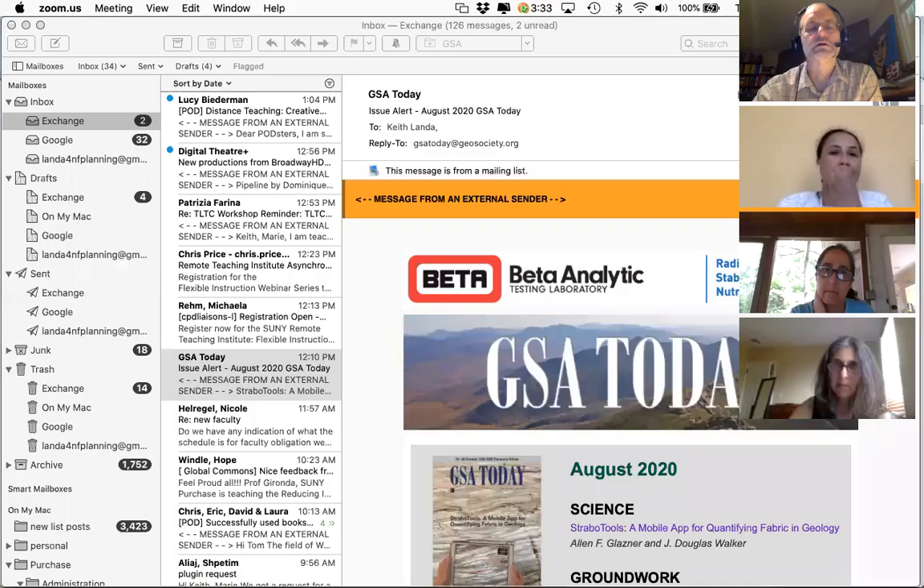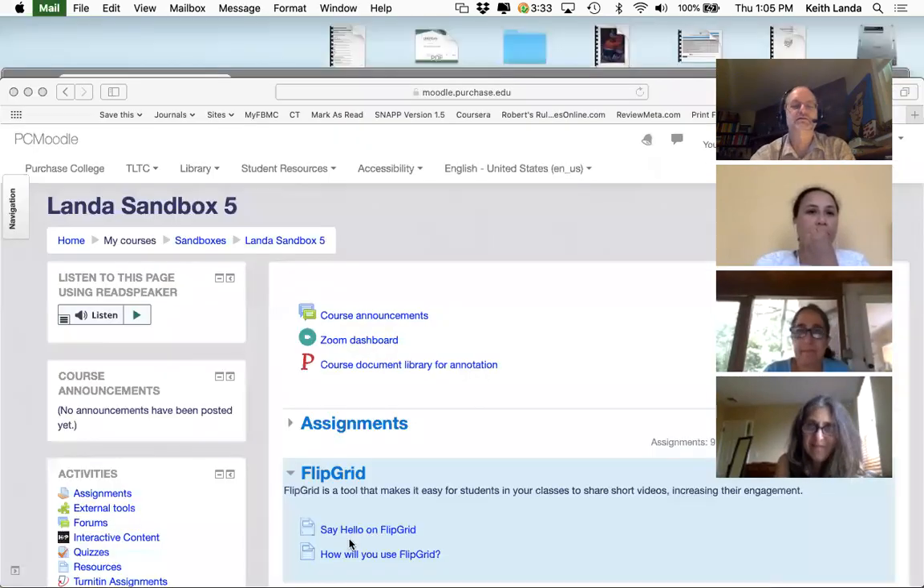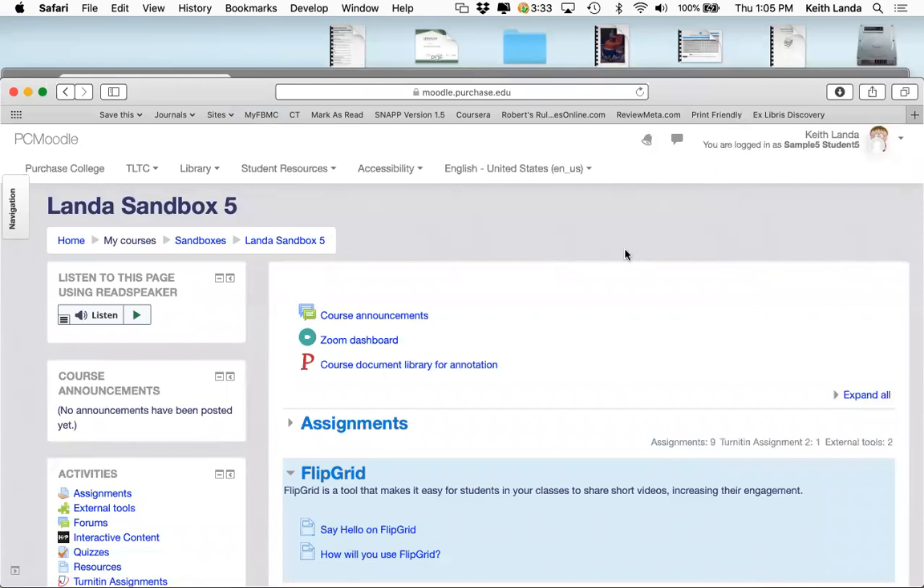So let me go ahead and share my desktop. And you really don't need to see my email, so let me close that down and get rid of some of these Zoom windows. So I'm in Safari as a sample student, and so